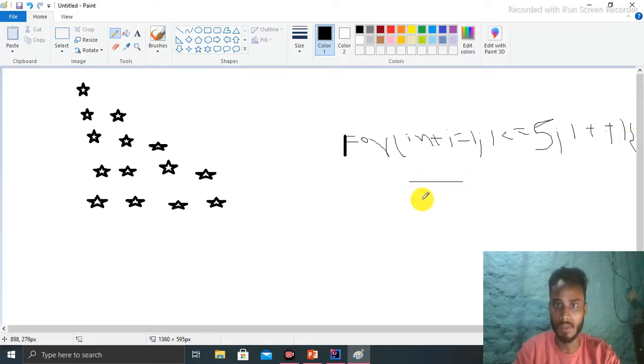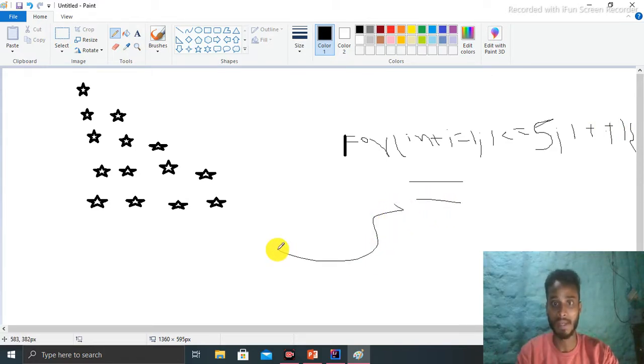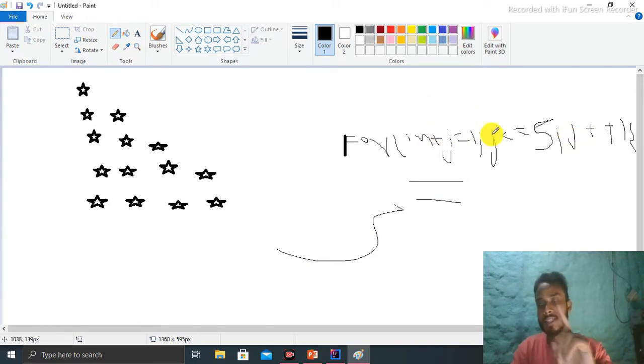Here is the code which is going to be repeated. I think j is better here, because according to our question it is j. So int j is initialized with 1.